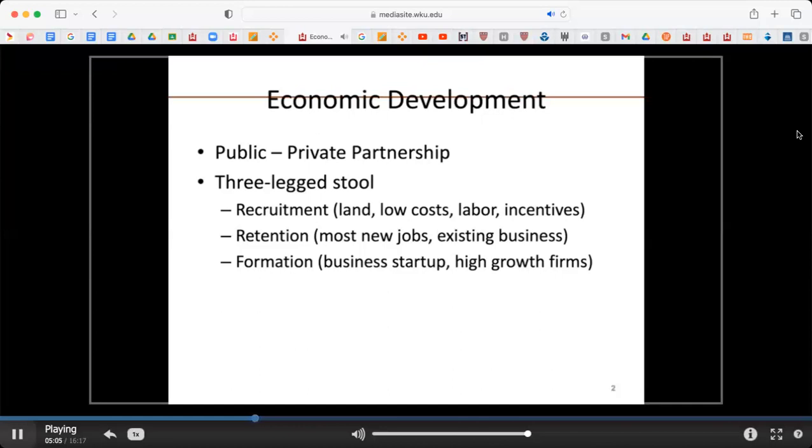Business startup really relies on a couple of key factors. One of the key factors is a research and development environment where a lot of ideas are generated. The second key factor is typically having access to capital, having startup money. And the second real generator of jobs in any given place are typically high growth firms that start and then they become gazelles. They become what they call second stage companies. Once you get through the really difficult process of startup in the first stage, that second stage is where jobs are added and that firm becomes a larger firm.